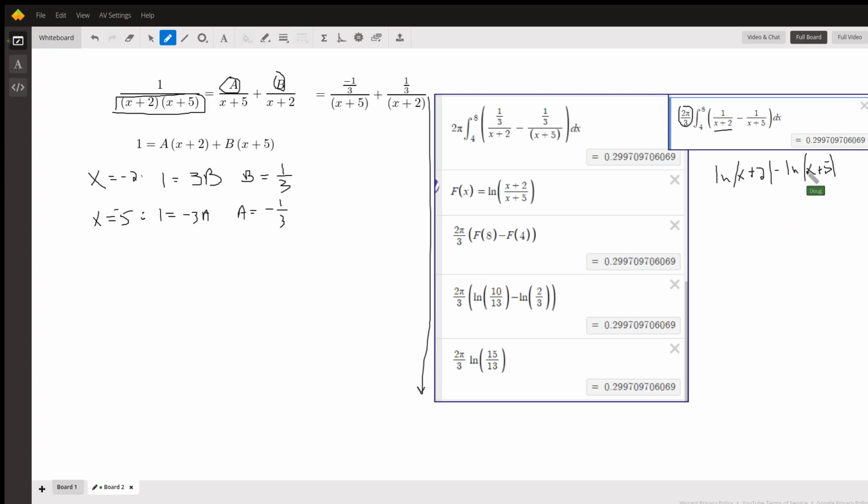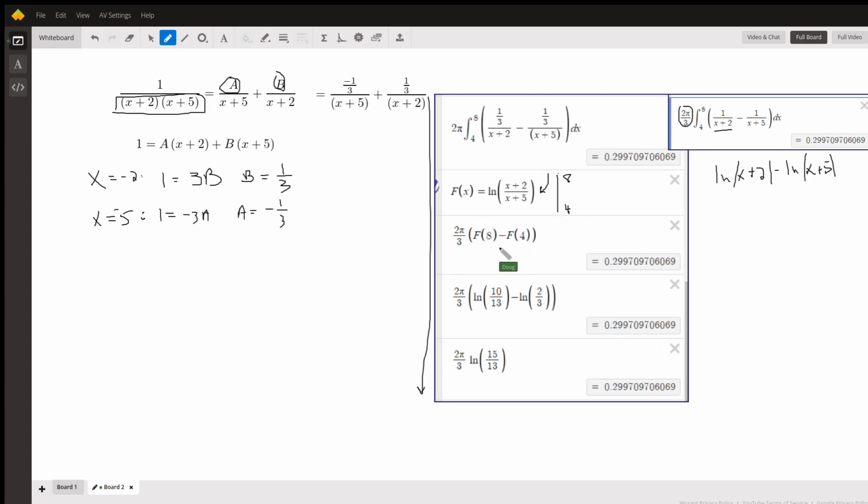We don't really need the absolute value symbol, since x from 4 to 8 will always give us a positive parameter to ln. This can be rewritten this way, and now we're evaluating that from 4 to 8